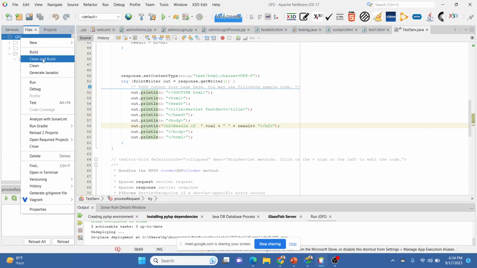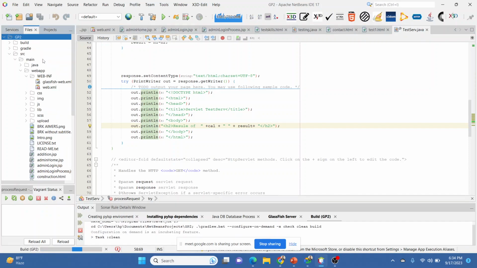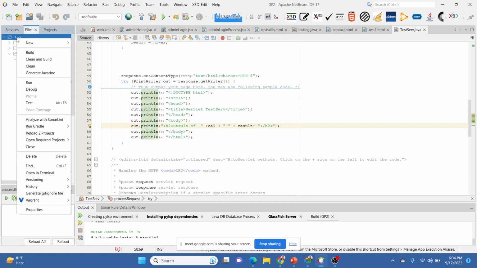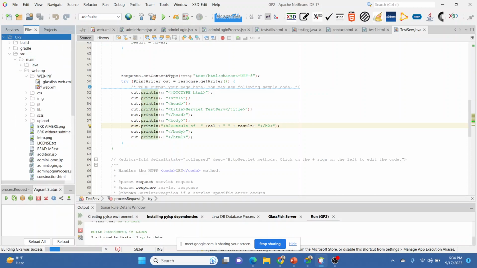Anyone who is not comfortable with HTML, please practice HTML to go into web development or web application development, because the front end part will always be HTML, CSS, that is style sheets, and third is JavaScript. These three things will help you create a good front end part, and the back end part can be developed through Java or any other language that you are comfortable with. Now we are going to run it again.